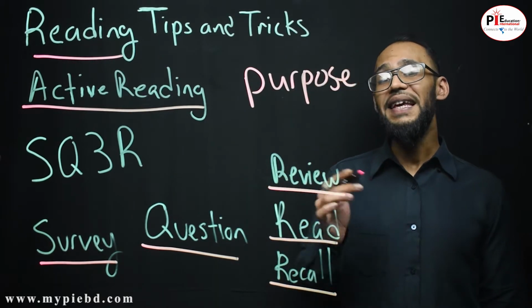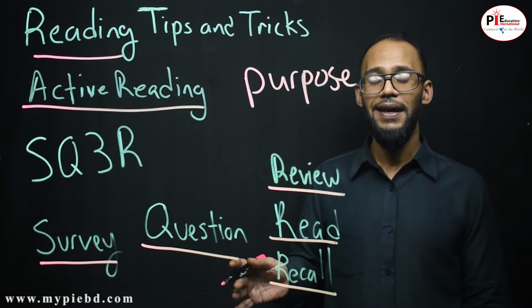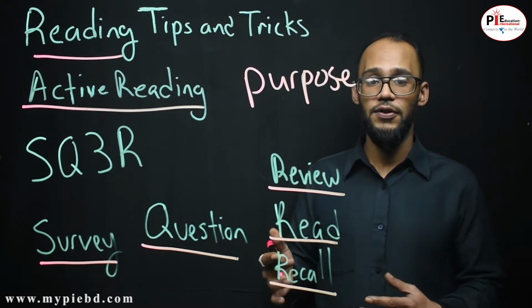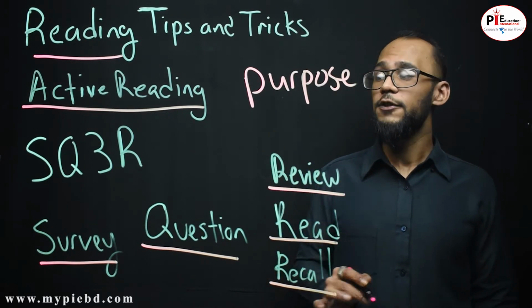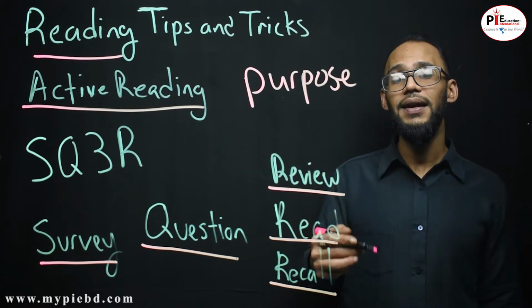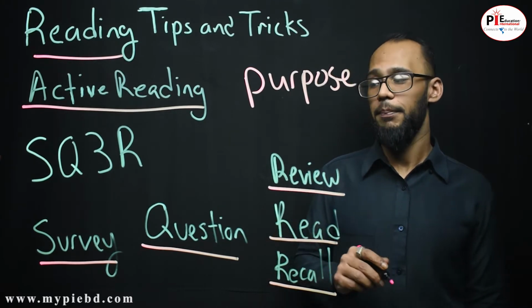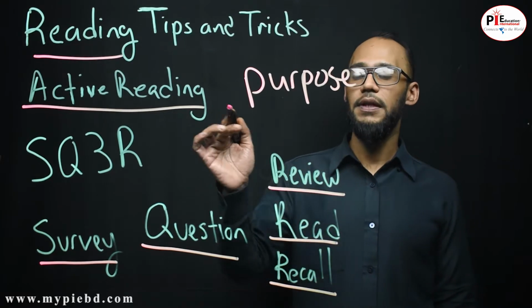Active reading makes it easier for you to get information, decipher tricky passages, and to actually gather the meaning behind any sort of the IELTS passages. As we all know, they are very difficult to understand. So if we actively read, we can actually get information quickly and efficiently, making you get a higher band score on your reading exam. One of the main strategies to use when you are actively reading is